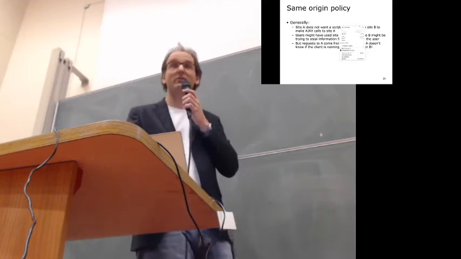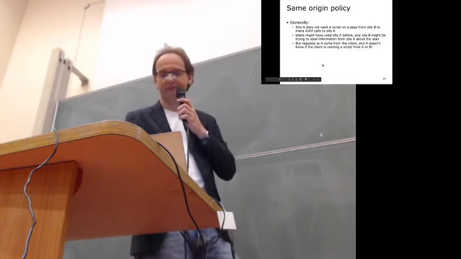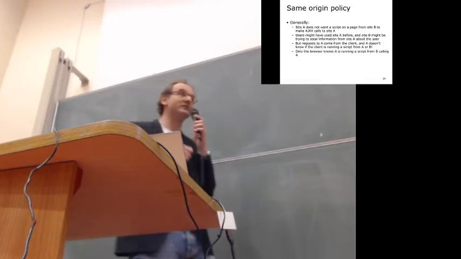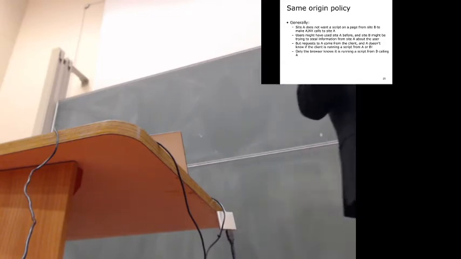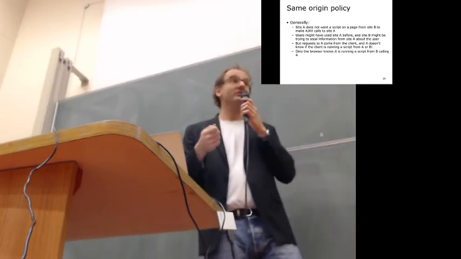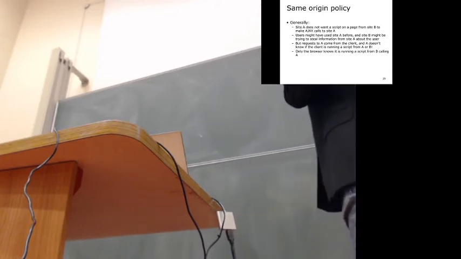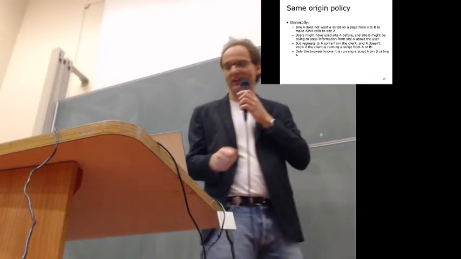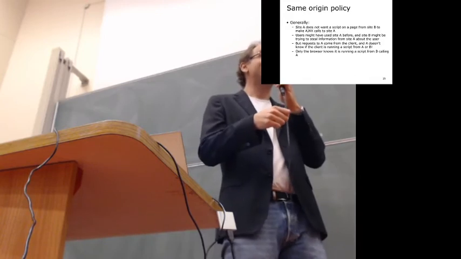unless the browser collaborates in this scheme. So only the browser knows when it sends the request whether the JavaScript that is making the request came from A or from B. So the only way to solve it for A is if the browser tells A, this is a request that came from an HTML page with a JavaScript from your site, or it comes from a different site. So the browser needs to collaborate, and site A needs to trust the browser